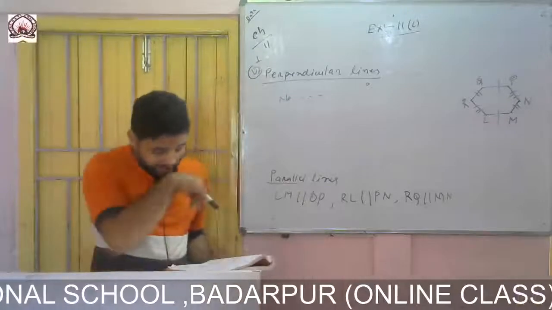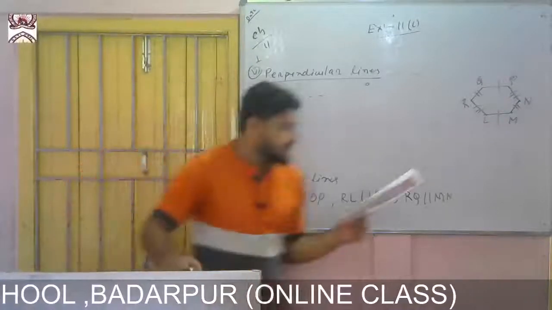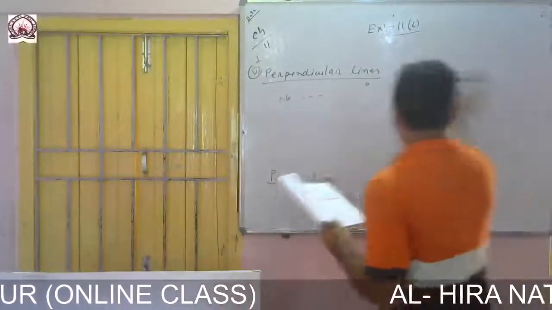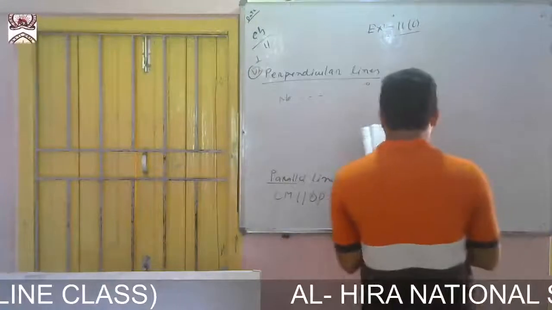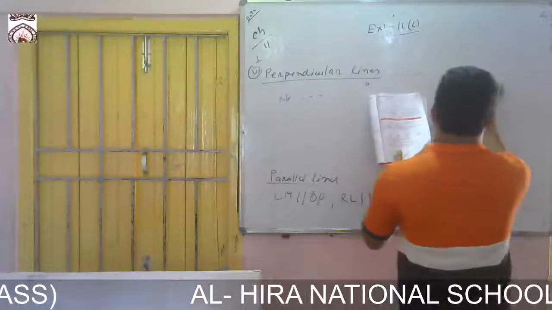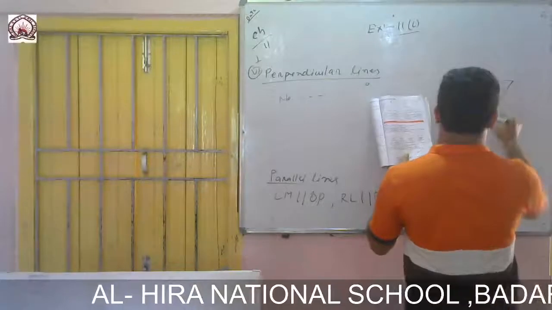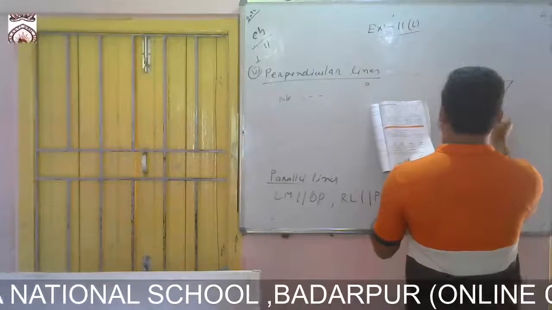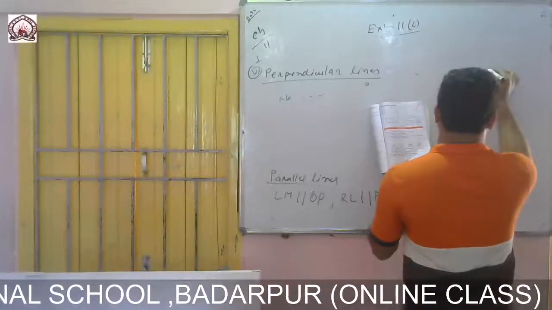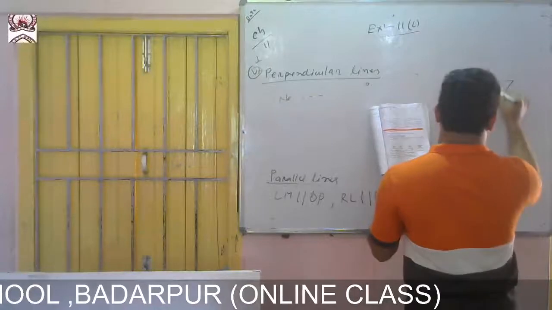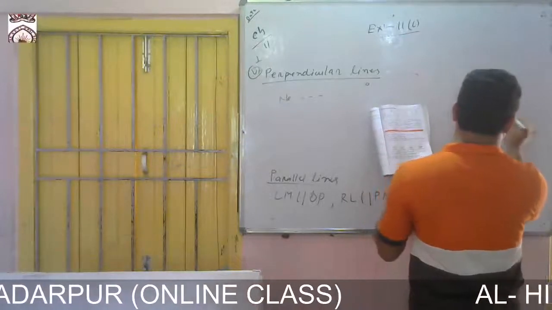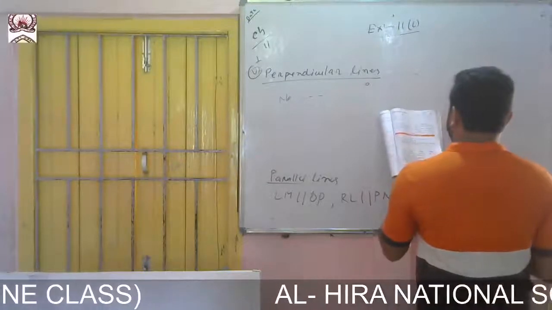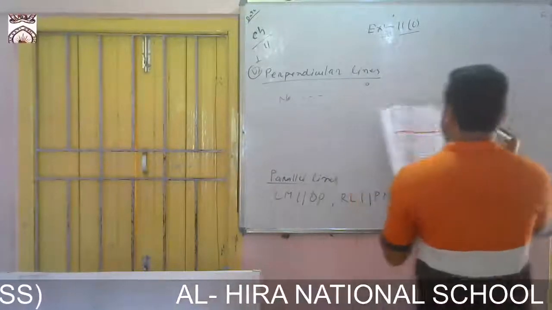So now come to question number 7. In question number 7, again there are no perpendicular lines. Okay, so question number 7, you see. Like this it was. So parallel lines, how many parallel lines are there? Okay, let me write the names.